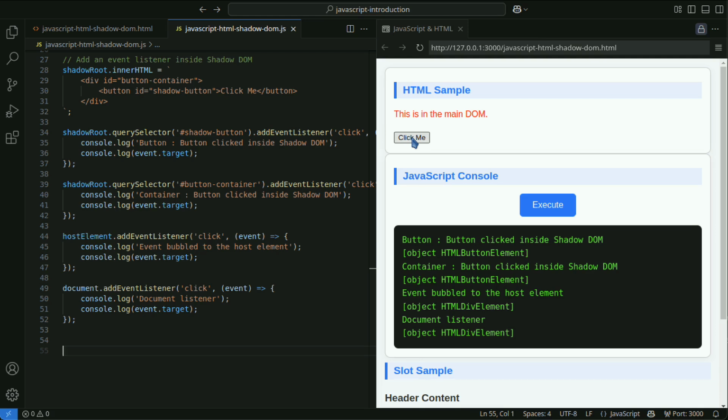When an event originating inside the Shadow DOM bubbles up to the Light DOM, the event's target is rewritten to the host element instead of the original source. In this example, event.target inside the shadow DOM is the actual button element, but outside the shadow DOM, it is replaced with the host div element.